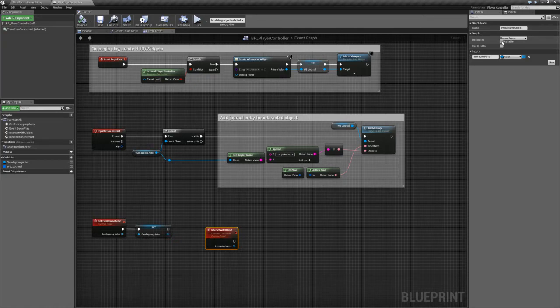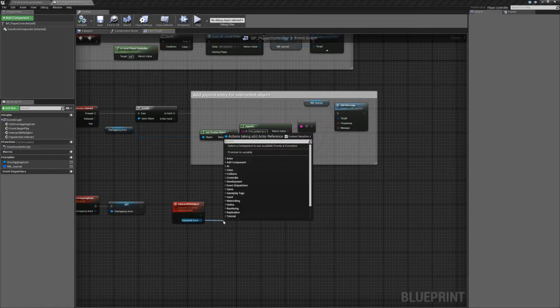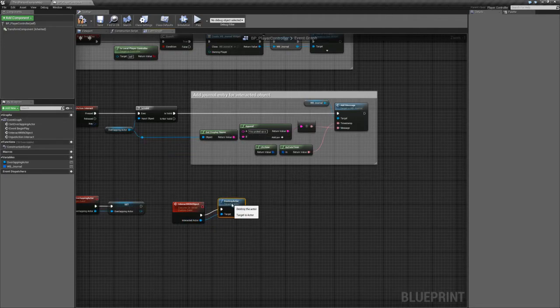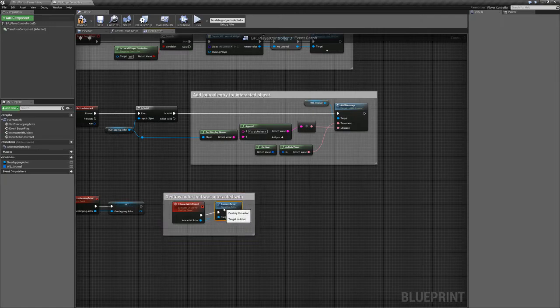So you don't want to make every single replicated function or event a reliable one, because then you're gonna make everything reliable and then it messes up the likelihood of real important things getting to the server. So on our interact with object, we will drag off the interacted actor parameter and call destroy actor, the utility right here. And let's see, destroy actor that was interacted with. And that's it for this